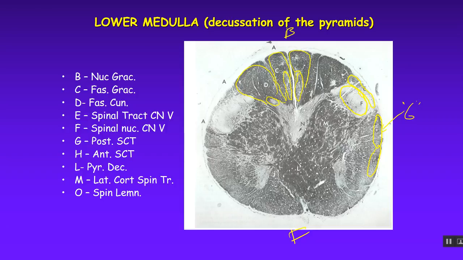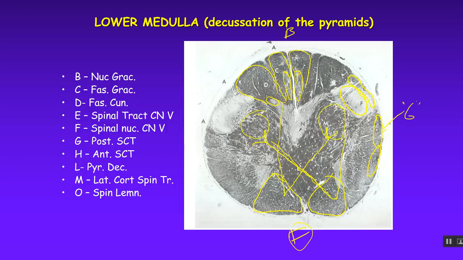L is the pyramidal decussation. So here's the pyramids right here from the front, this is the front of the medulla, and those corticospinal tracts are coming down here, but then they're crossing over like this. They're going posterior and lateral. So they cross over in this posterior lateral fashion, and they're going back to where they're going to,